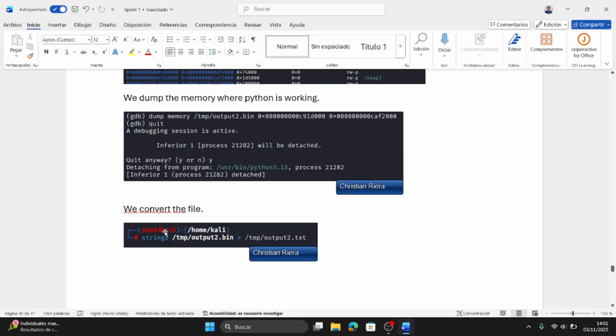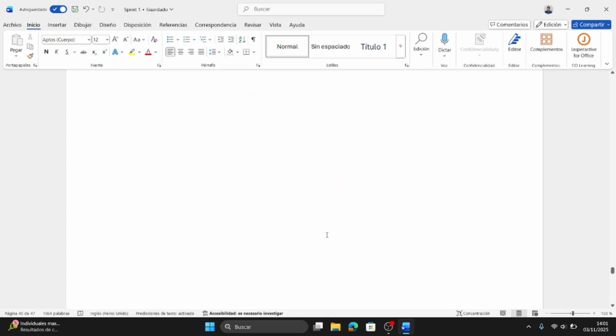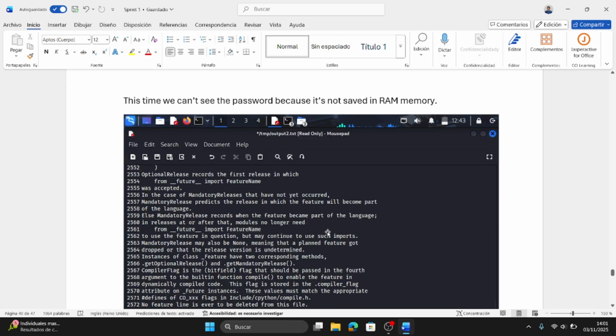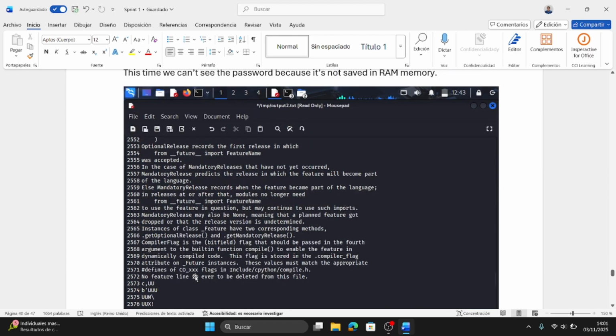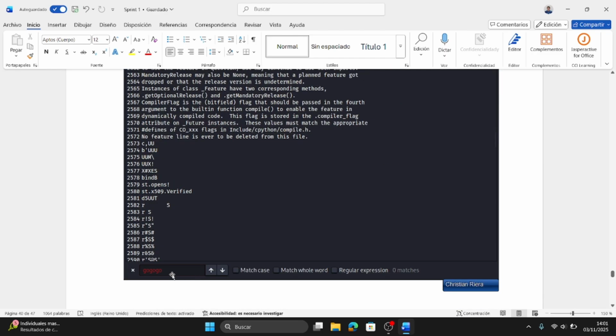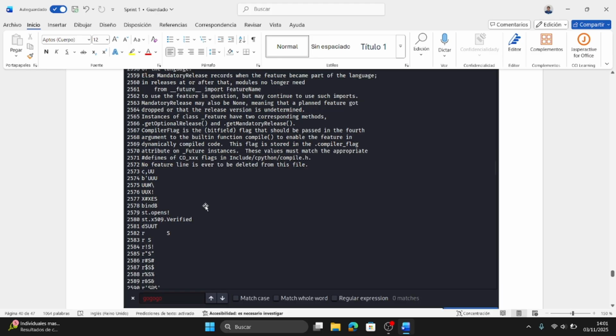We convert the file again, and this time we search for the password, but we see that it is encrypted. We can't see it because it's not saved here in plain text, it's encrypted.